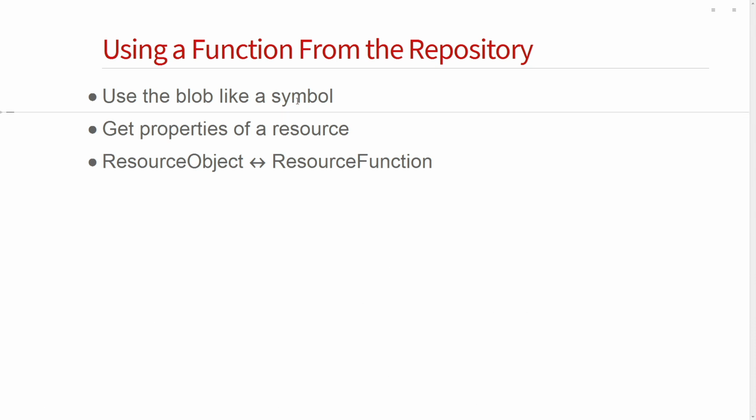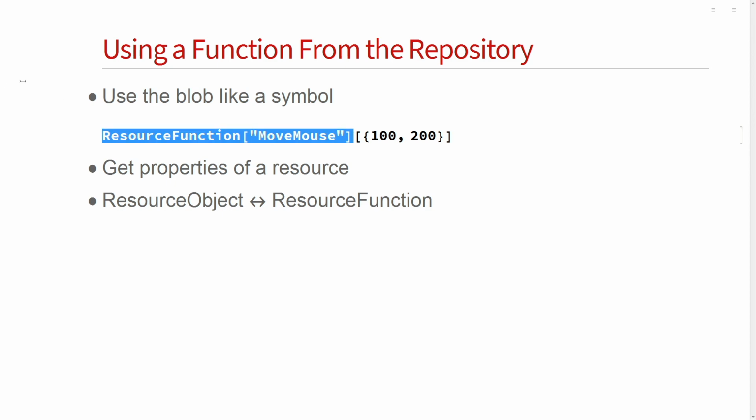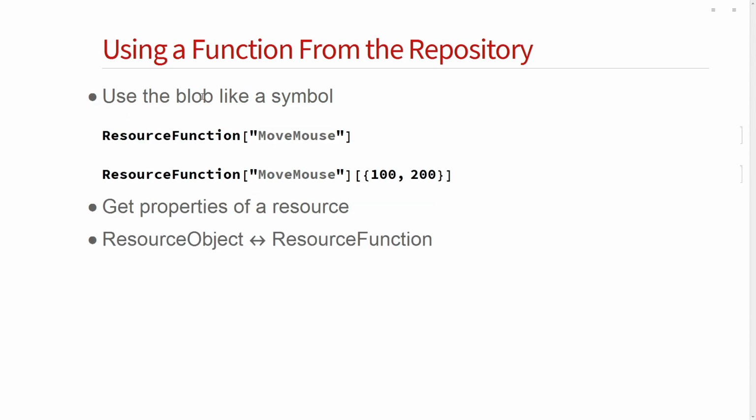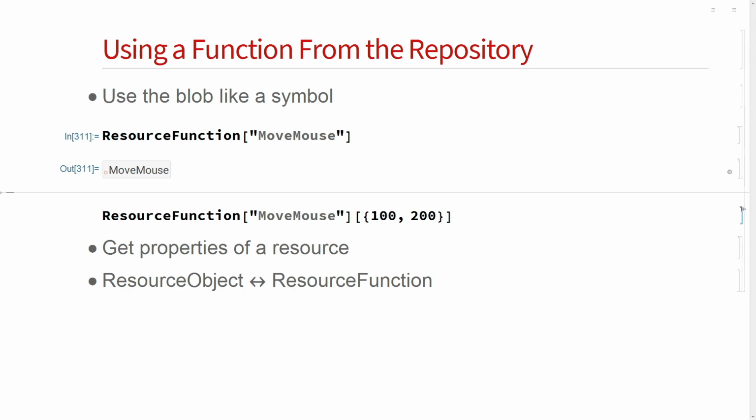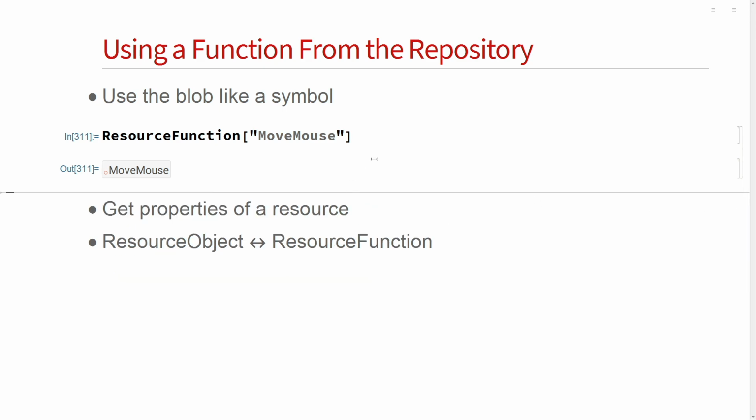So a brief overview of how to use one of these functions from the repository. Let's see, do I still have that here? So if I take this and just evaluate it, what you get back is this little pill-shaped blob. And so you can put this anywhere in your code. So if I do something like move up of X,